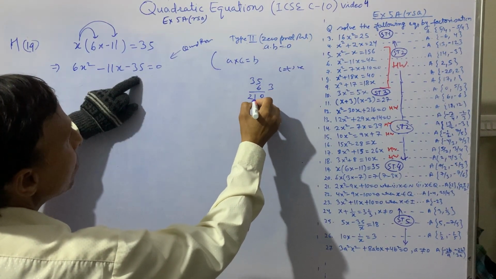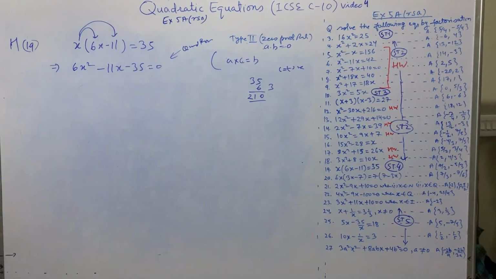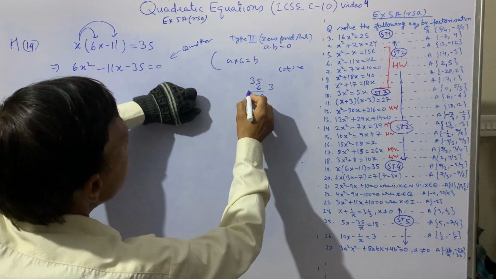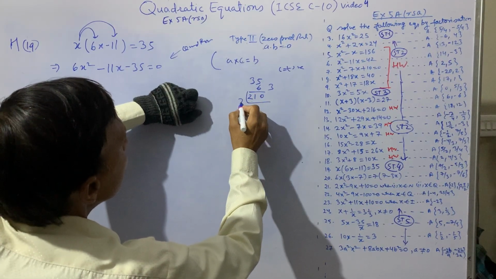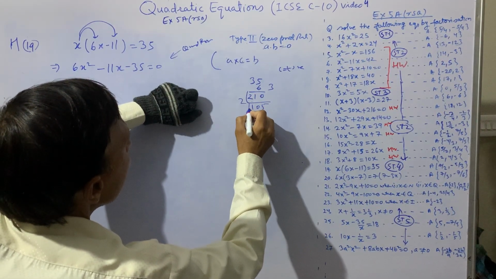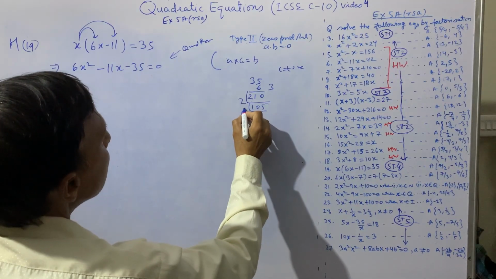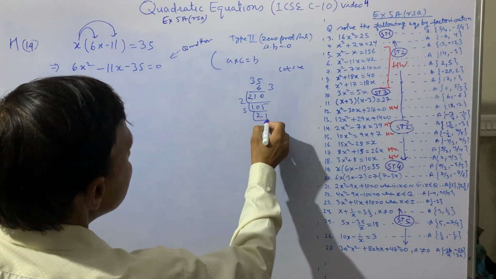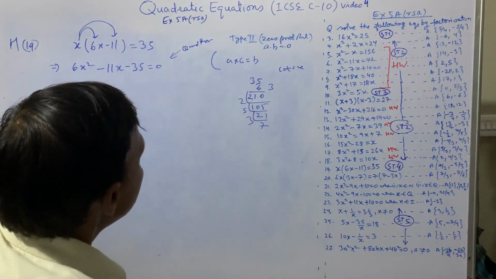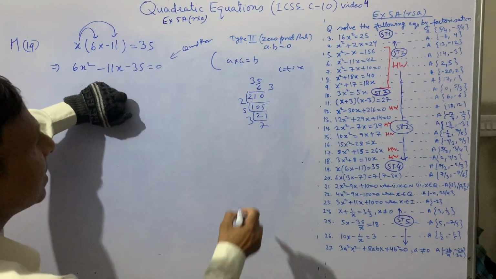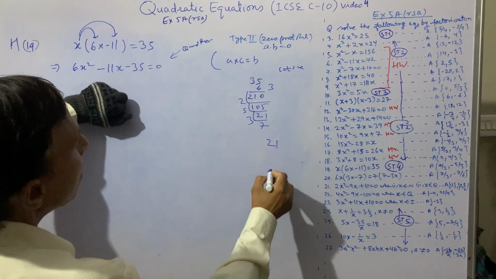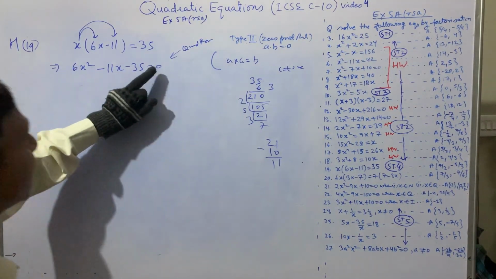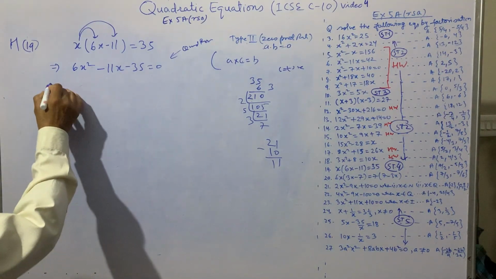अब 210 को हम ऐसे इसके प्राइम फैक्टर बनाएंगे, 2 से 210 को भाग दिया तो 105. फिर 5 से कर लो, 5 से 21, फिर 3 से कर लो, 3 7 जा 21, तो कितना आना चाहिए, 11 आना चाहिए, 7 3 से 21, और 5 2 से 10 हो गया, तो 11 आ रहा है, माइनस करके आ रहा, और माइनस करके ही आना चाहिए क्योंकि c इज़ नेगेटिव। तो इस तरीके से हमने इसके फैक्टराइज किया,